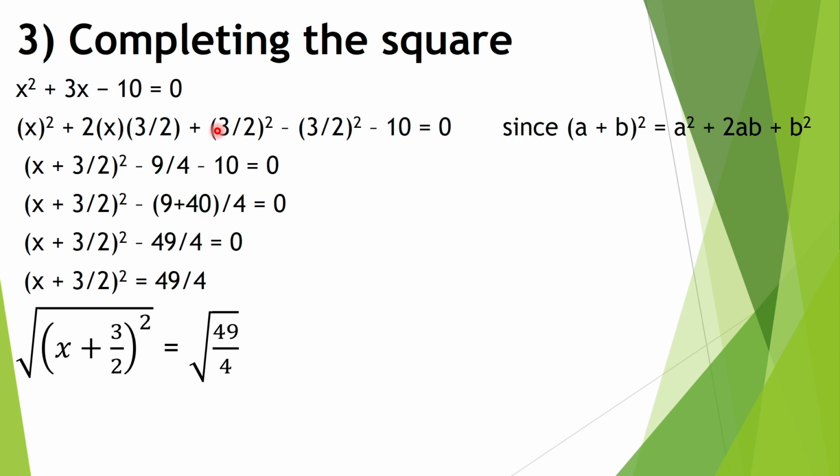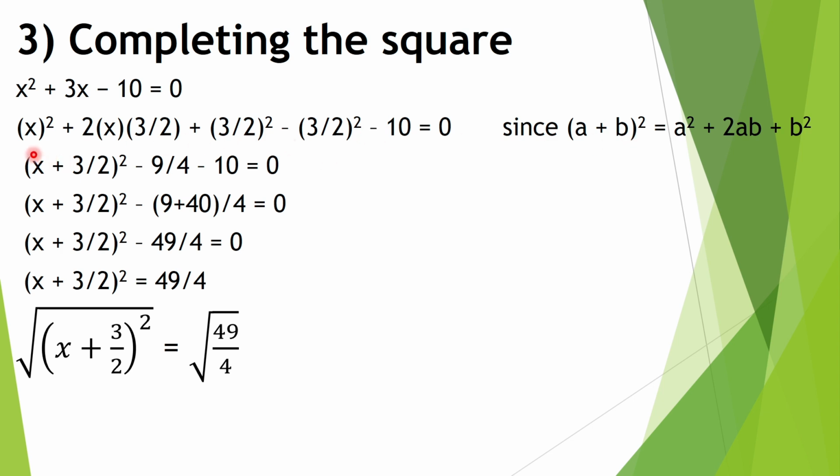As you know, we have added this value from our own side. In mathematics, when you add something from your own, then you will have to subtract the same thing on the same side of the equation. So we carry out this operation like this, and minus 10 from here equal to 0, since a plus b whole squared is equal to a squared plus 2ab plus b squared. Look over here, this is a squared and this is 2ab, and this is b squared, which is equal to a plus b whole squared.